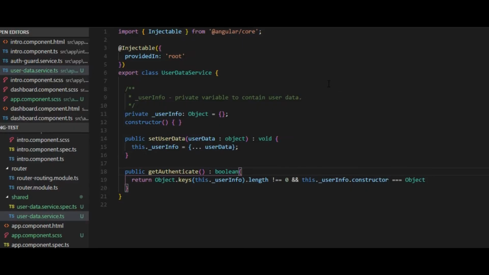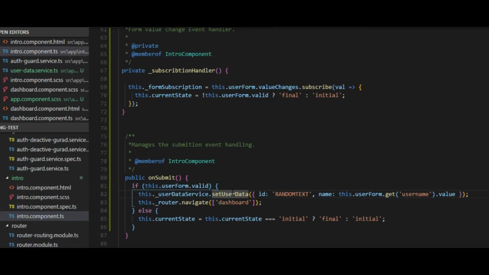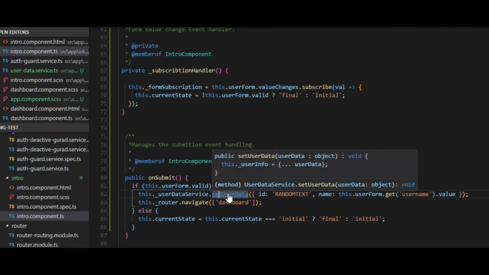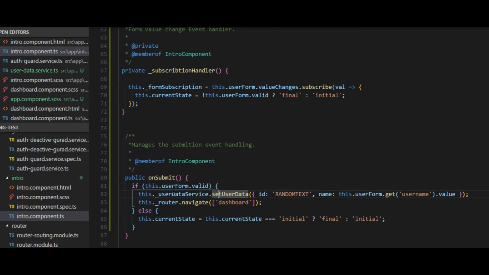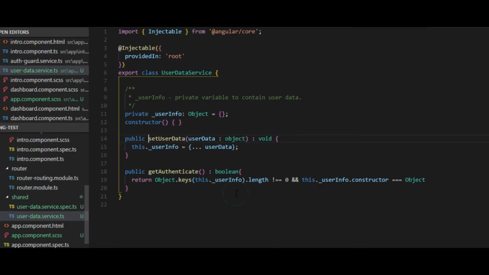From our earlier example, we already have a data user service which is for the authentication for the canActivate example. So we are going to reuse this one as this is already introduced inside our intro page, and here is where we will be setting our user data before we leave the intro page.